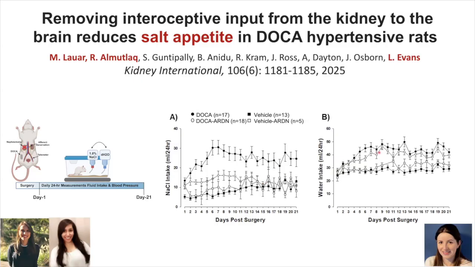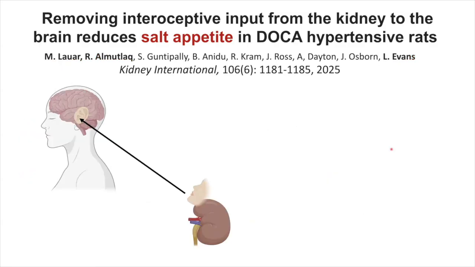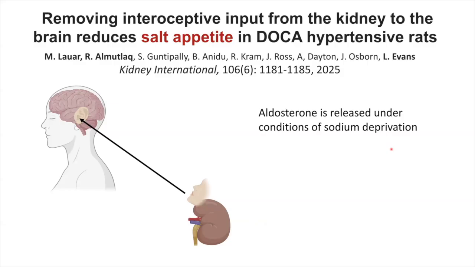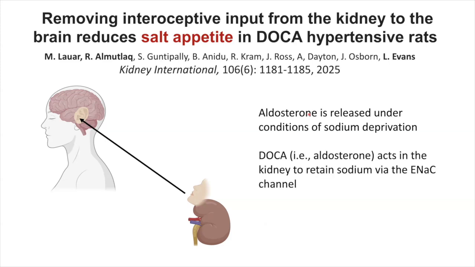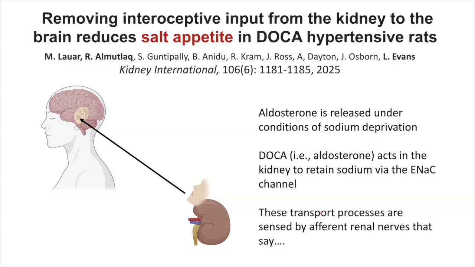If you look at water, it doesn't do that for water intake, which says this is very specific to sodium. And Louise is doing a lot of work on this now to get at the mechanism. Basically, what she's thinking is when aldosterone gets released because you need sodium to retain it at the kidney, right? The idea is when aldosterone acts in the kidney, and we think it's through activation of these channels in the kidney itself, there are mechanisms that activate the sensory nerves and say, eat more salt.